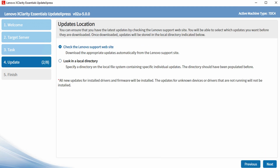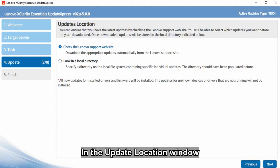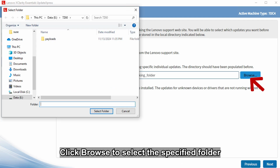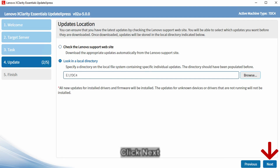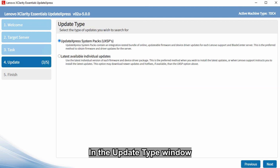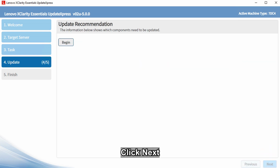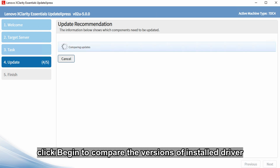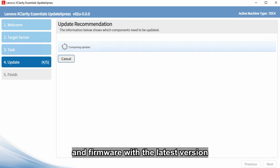Click Next. In the Update Location window, select Look in a local directory. Click Browse to select the specified folder. Click Next. In the Update Type window, select the package's update type. Click Next. In the Update Recommendation window, click Begin to compare the versions of installed driver and firmware with the